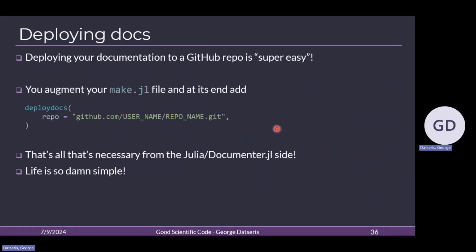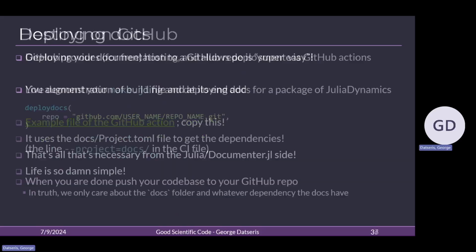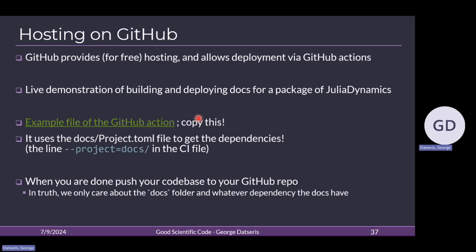Right. Amazingly, to host your documentation online, you just add one more line of code to your make.jl, and that's everything pretty much, which is crazy to believe, but true, I promise. So there is this function, again, from Documenter that is called deploy docs. And you give this function your GitHub page or repo. So this is your username, and this is the name of the repository. And what Documenter will do is try to deploy or upload the built HTML pages to this GitHub page, which is really all there is to it from the Julia side. There are a couple of things that you have to do on GitHub as well to make this possible, but they are really not that hard.